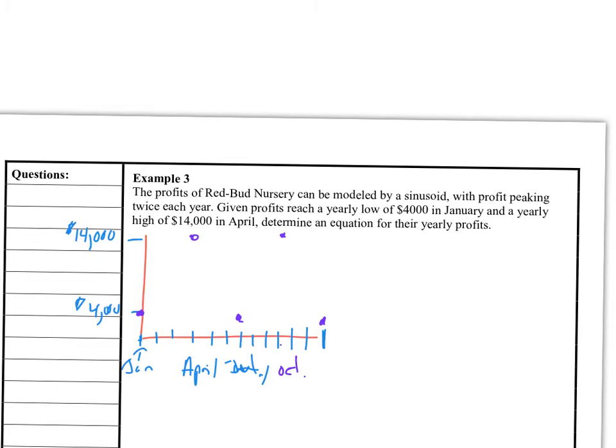So we're going to have our middle line right here, plotting our points. Halfway between January and April, if you count it, 1, 2, 3, so we're going to be 1.5 halfway on the line. Again, halfway on the line, 1.5 over again. We can play connect the dots. So, not the greatest graph I've ever drawn, but